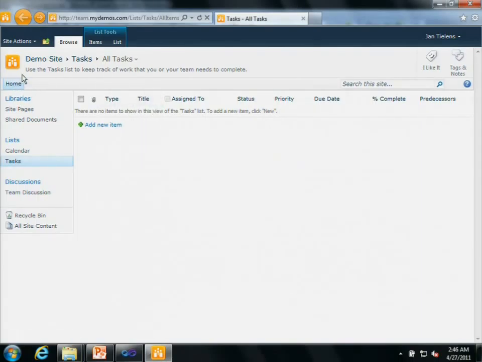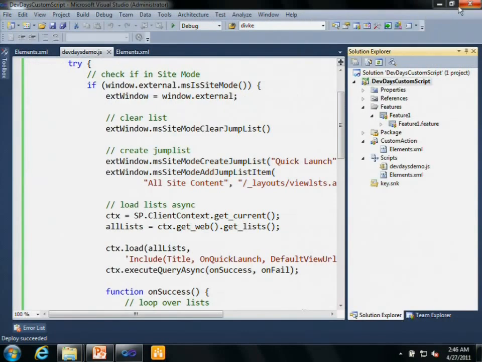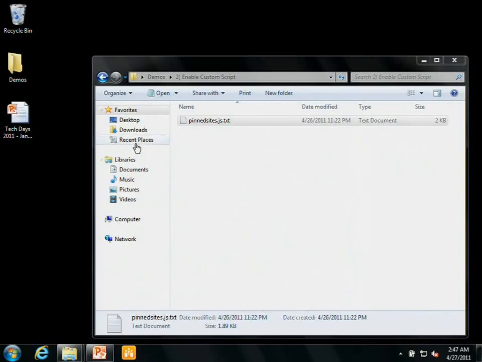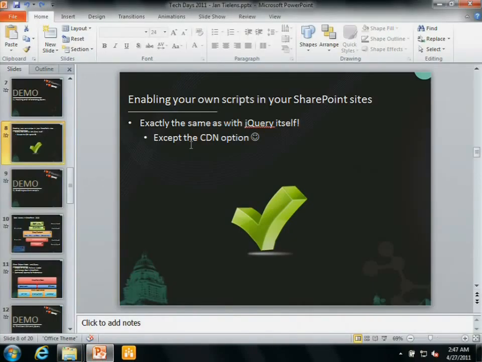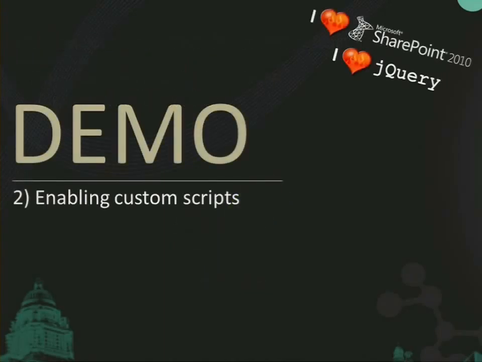Automatically, when you create additional lists or additional document libraries, they will be added as items in those jump lists as well. Okay, just a small demo. I can leave it in. Let's continue with the slide deck, and let's talk a little bit more about some real-life scenarios related to making